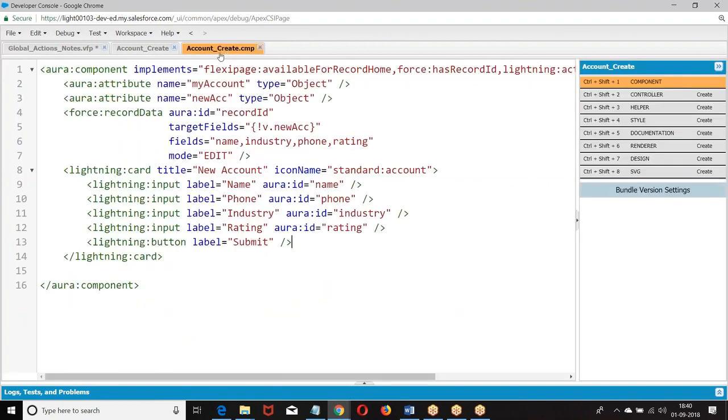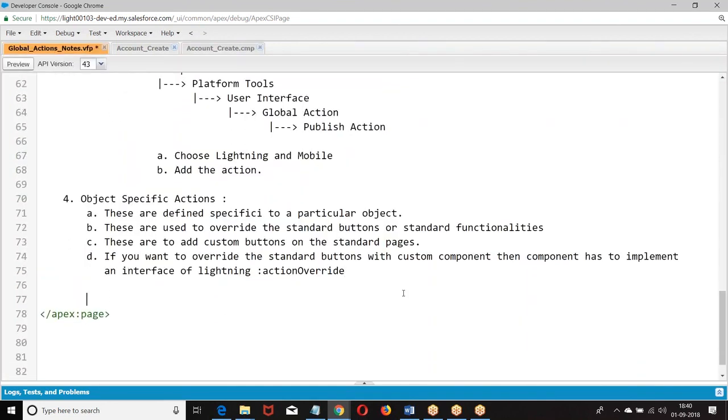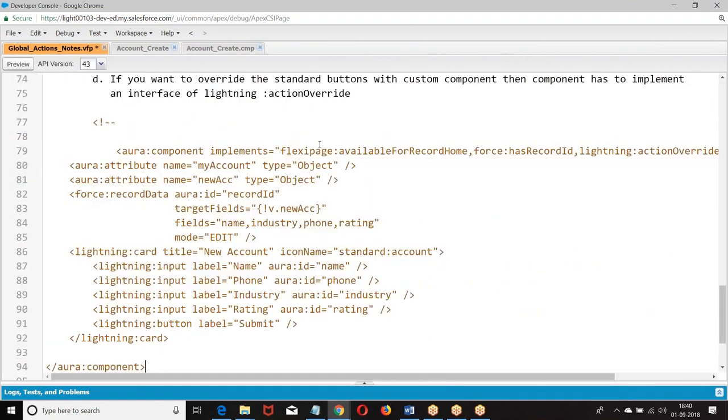Let me create this. I'll make it simple.